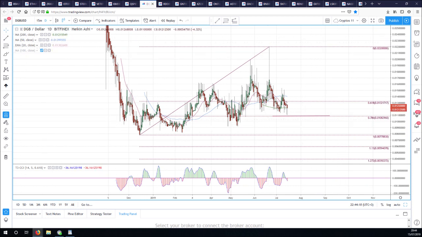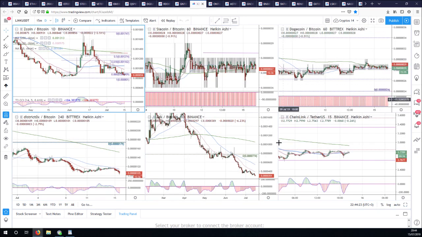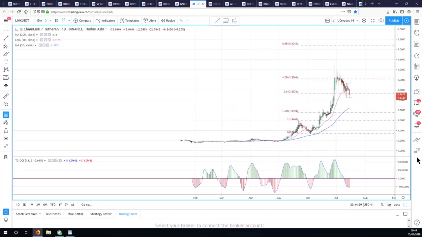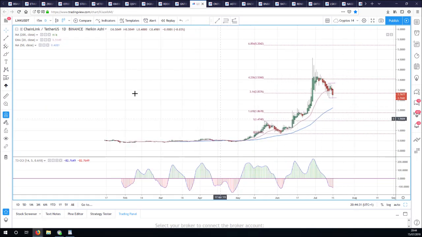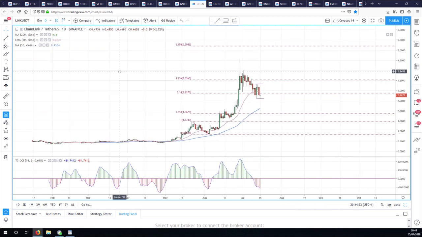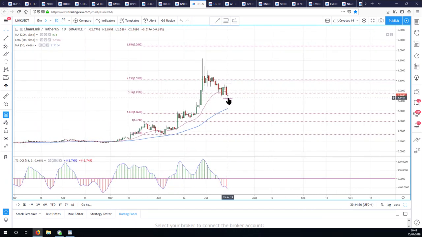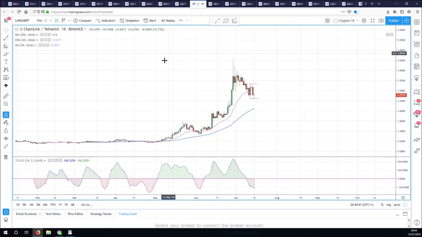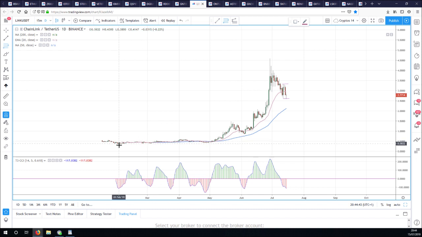So Digibyte, not quite. Needs to break out against Bitcoin and to get some momentum. No momentum at all. Okay, the next one we're going to look at is Link, which has been lovely, this chart. Now, we're going to start with Link Tether. We've got a little bit of a sideways range going on. I've got these fib projections going on here. I'm just going to hide them. And in the dollar, well, then we'll talk about Link Bitcoin.